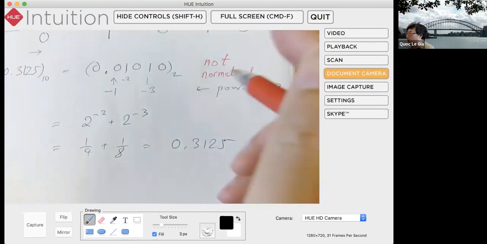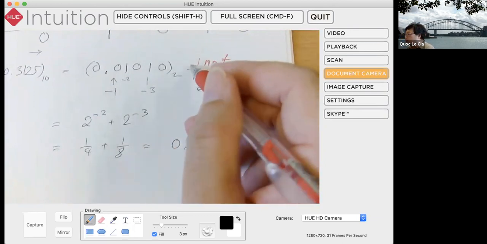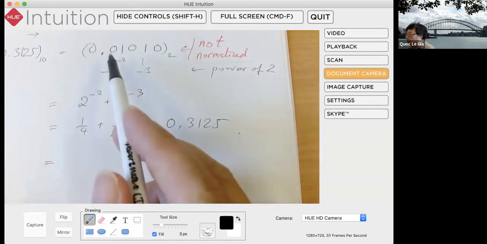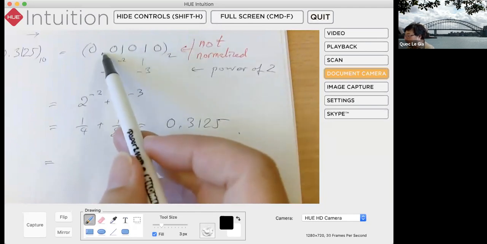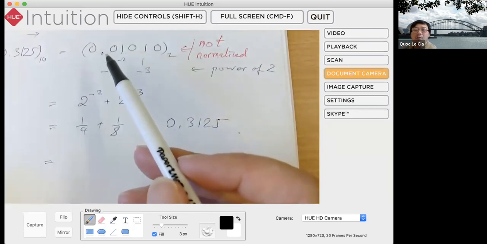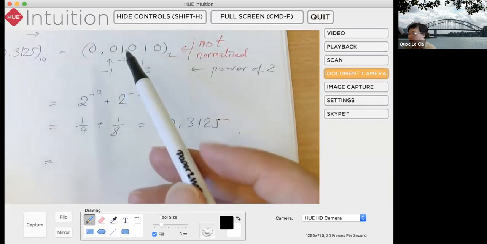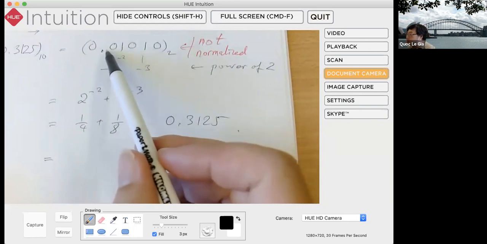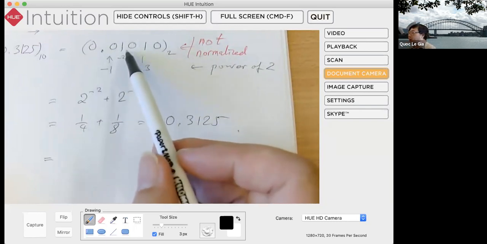Okay. So how do we normalize it? Well, in order to make the first digit equal 1, right? You just move the dot here, 2 places. Yeah, then the first digit equals 1. But when you move 2 places here, what does it mean? You multiply by 2 to the minus 2. Yes, correct. So when you move 2 places here, it means that you divide it by 4,